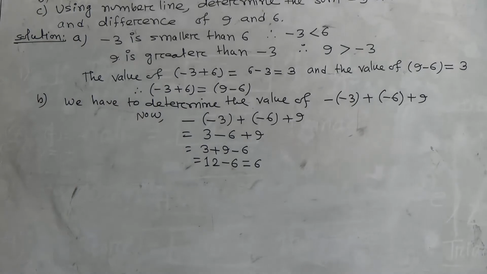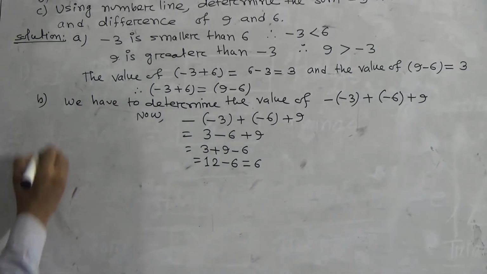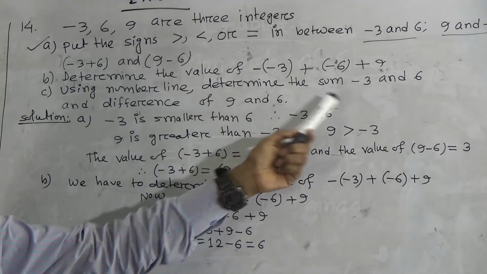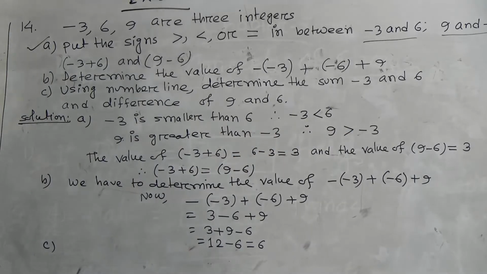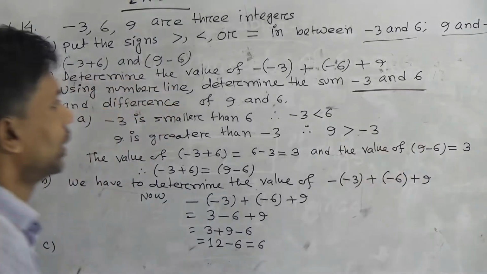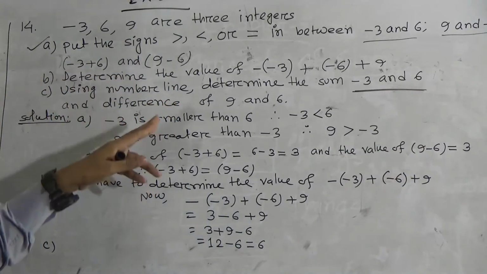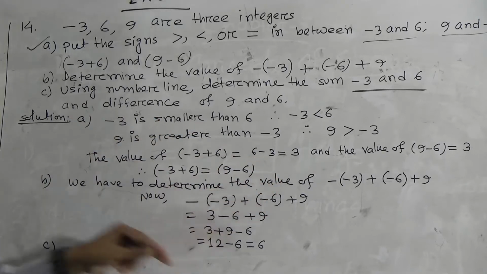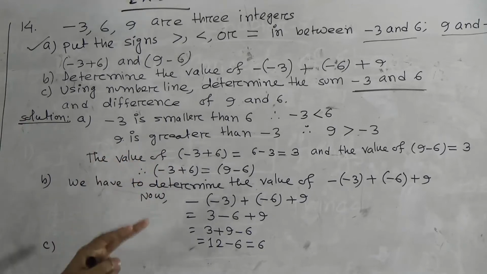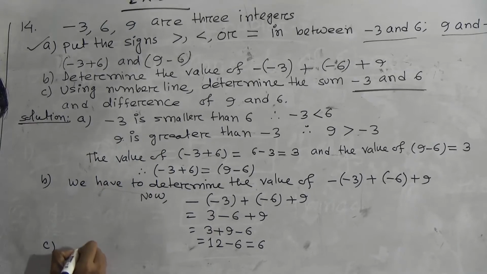Okay, student. Now I will solve creative question now C. Look, using number line, determine the sum of minus 3 and 6. Student, look, sum of minus 3 and 6 and difference of 9 and 6. That means in C number question there are two parts. Right? The addition of